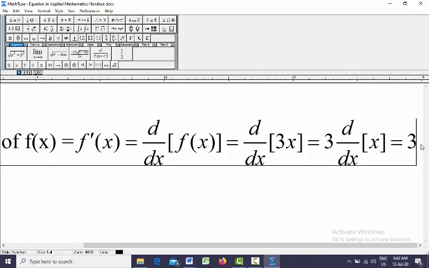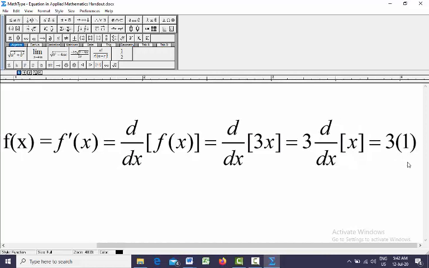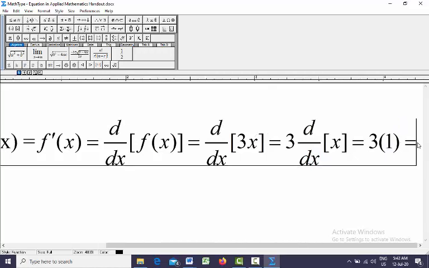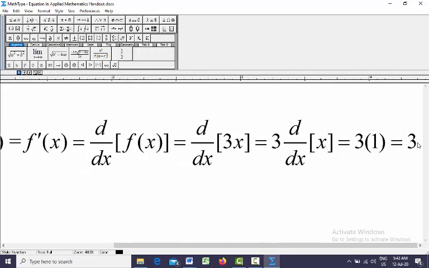3 multiplied by 1, because as I said before in the last problem, if you want to do differentiation of x with respect to x, you get 1. So the answer is 3 multiplied by 1, which is only 3. Similarly,